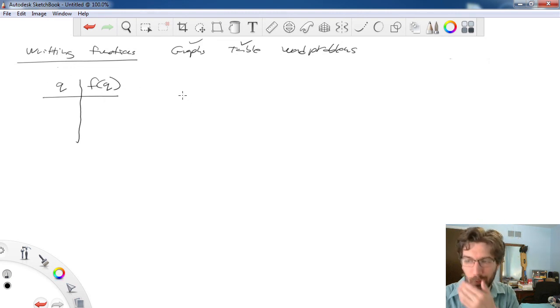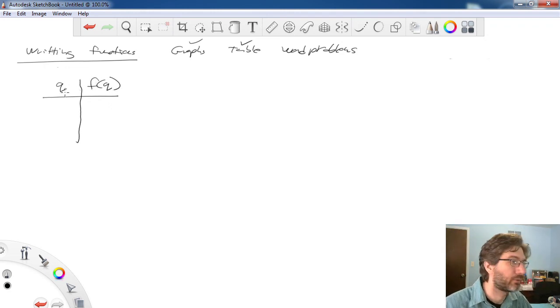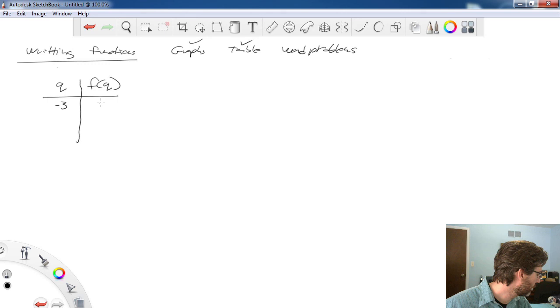It doesn't really matter. It's really your choice, however you want to define it. And let's look at another table. We've got -3 and 6, 0 and 0, 3 and -6,